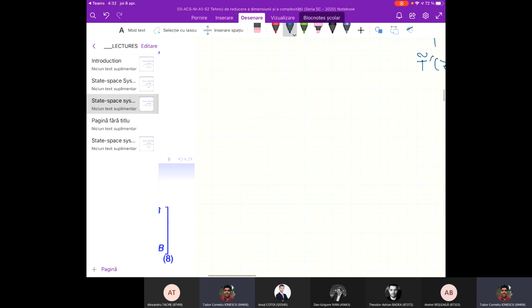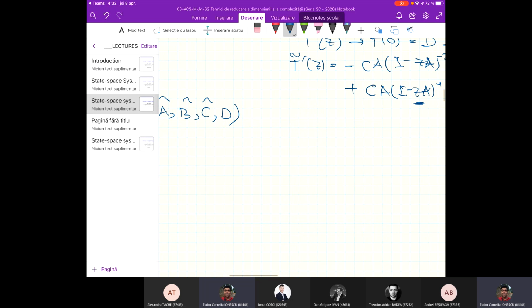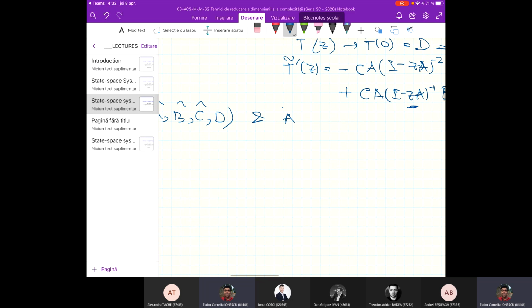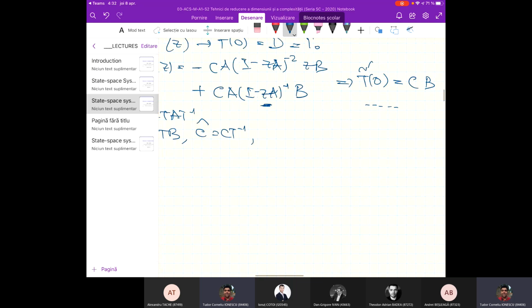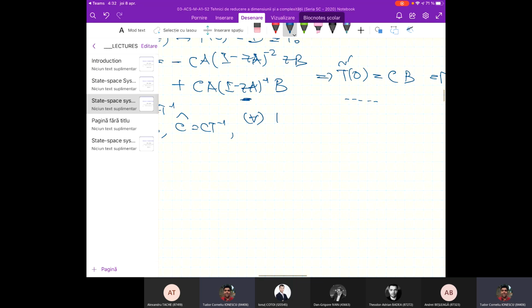This means that if you take, for the same T(s), instead of (A, B, C, D), the realization (A hat, B hat, C hat, D), where A hat is TAT inverse, B hat is TB, and C hat is CT inverse, for any invertible matrix T,